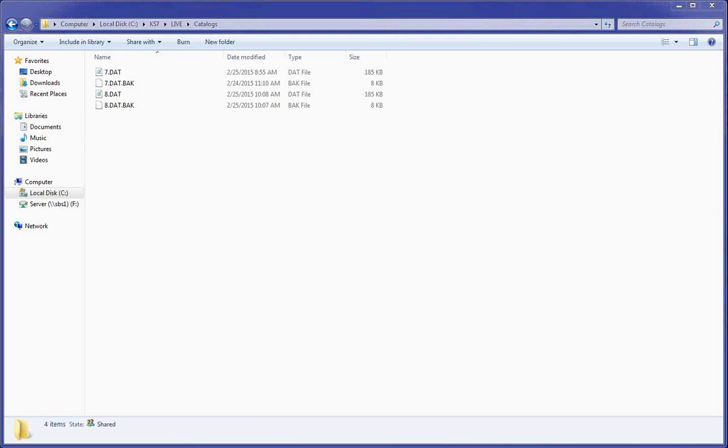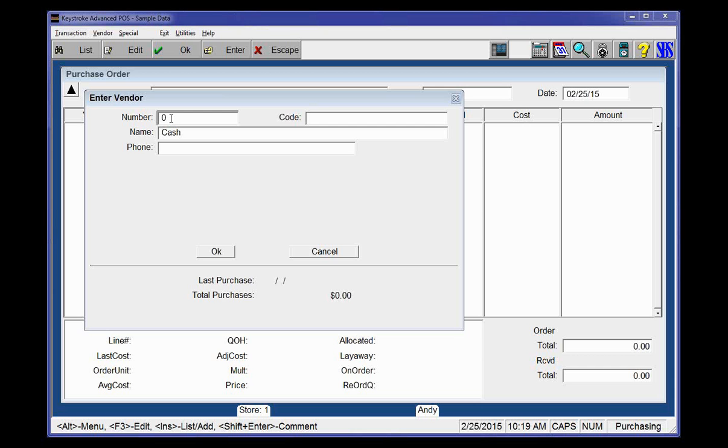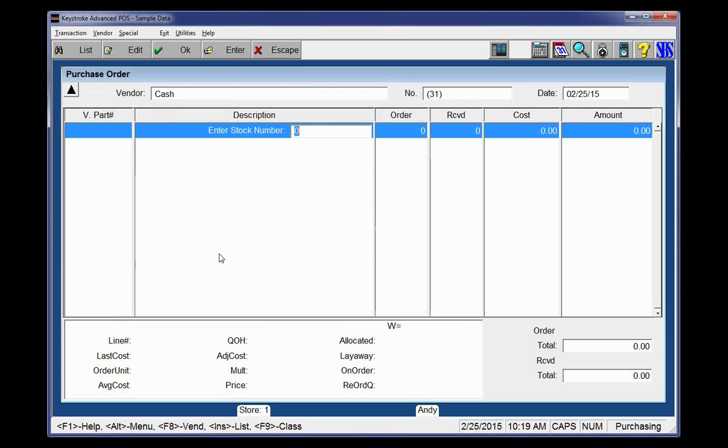Well, great. I'm going to go back to our slideshow presentation here. We talked about Purchase Manager, how it locks onto the vendor screen. If you don't have a vendor, I guess I should have shown you this. Why don't I do that while I'm here? Let me get this back up in front of you. So if I come in with vendor number 0 and I say OK,